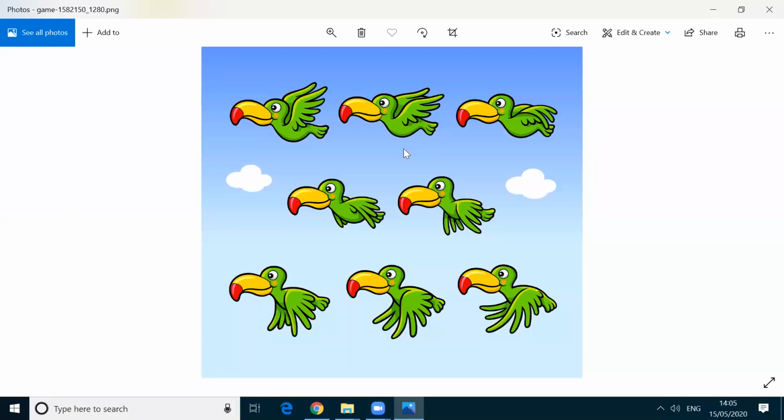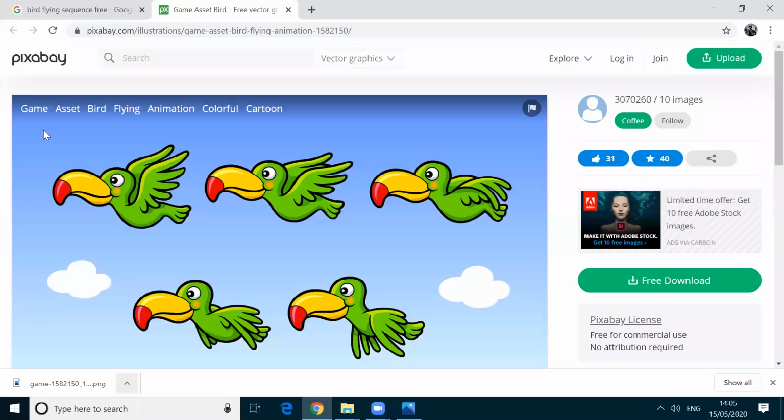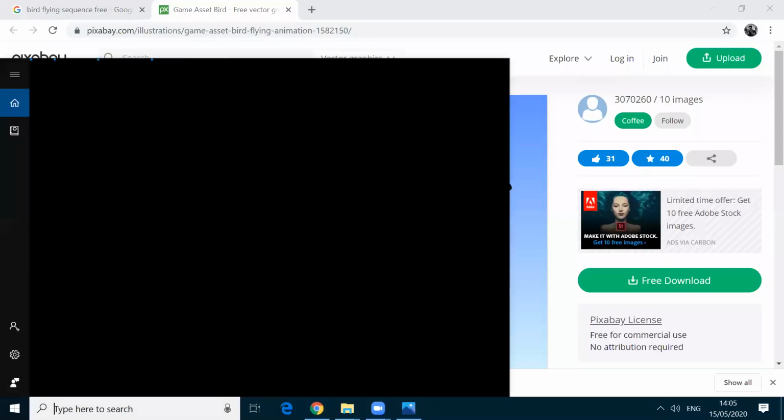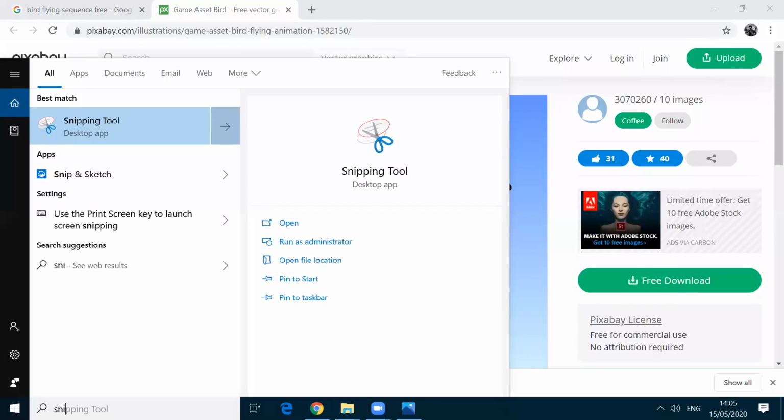So what I'm going to do is I'm going to cut this bird. Now I have opened this image. I'm going to cut this. I can cut from here, or else here also I can go and cut. To cut this image, to copy this image, in our desktop, we are having one option, snipping tool, here in the search. Snipping tool is nothing but copying a particular area of your screen. Here I typed snipping. I got this snipping tool.